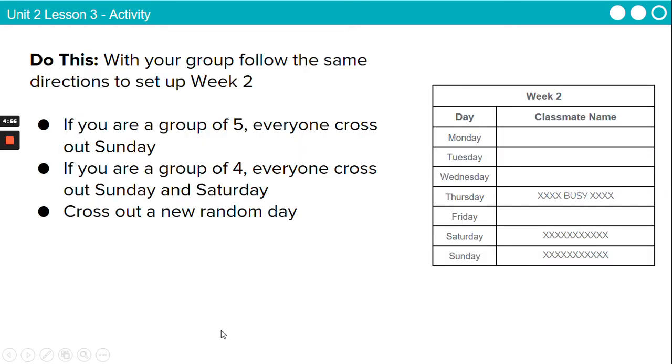So week 2, you have a different day busy. Okay, and it's the same procedure, but we are pretending we're working with a group of 4, so we're always crossing out Saturday and Sunday, and then week 2 you choose a different day from the one you chose before. Okay,